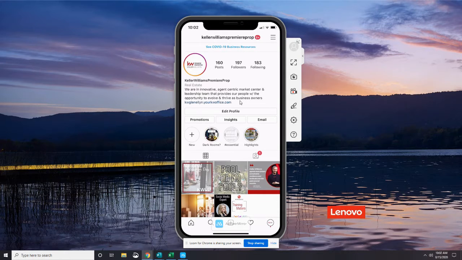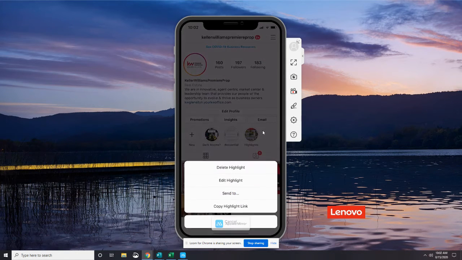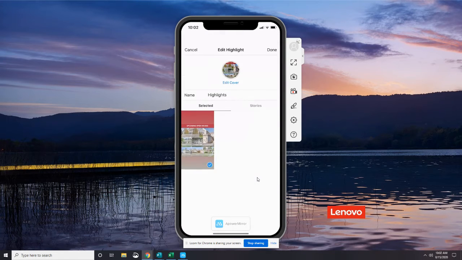Now, if you want to add more photos to a highlight that already exists, you just tap on it. I could tap on any of these, and I'm going to hold it down with my finger. And you can see you can do some extra editing in here, so we can delete it, edit what's already in there, send it to somebody, or copy that link, and then you can send the link to somebody. So if I hit edit highlight,